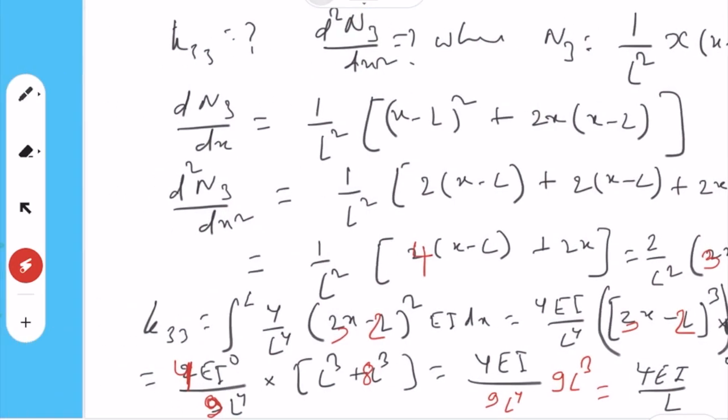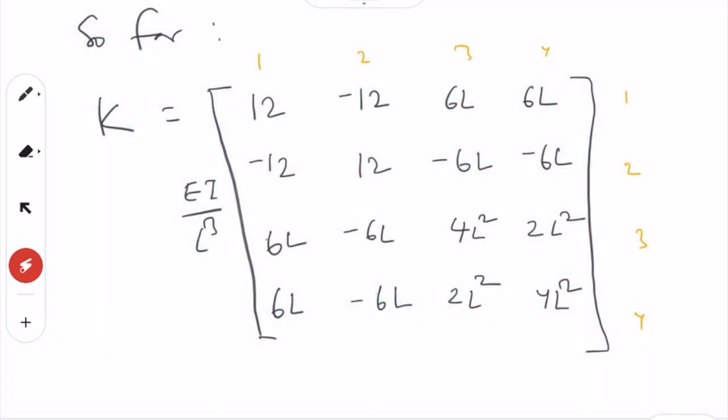So here we finally derived the stiffness matrix for the beam. This is what the stiffness matrix is. The rest is just solving the problem. We got the stiffness matrix, we know how to form the force vector, and we know the displacement vector. So we have Ku equal to F, where U in this case will be